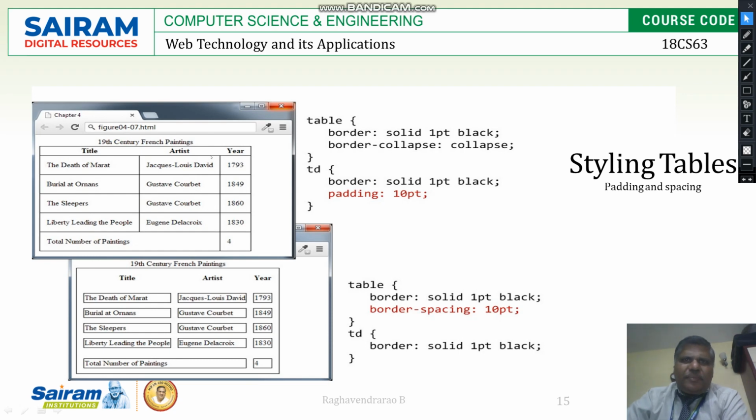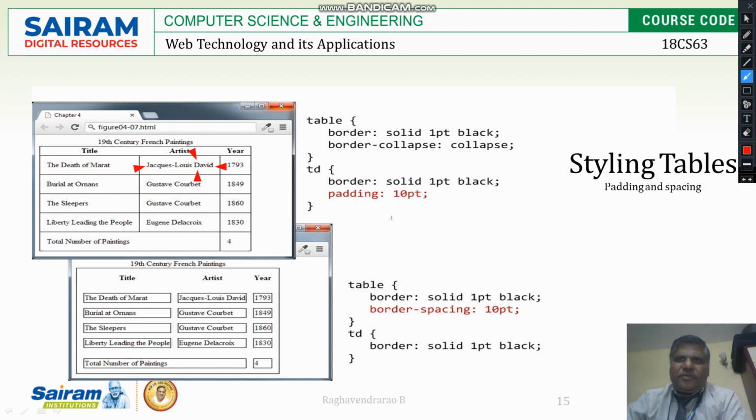Padding means in between the border, the individual cell border. So from here it is 10 point, from here it is 10 point, from here it is 10 point, from here it is 10 point.